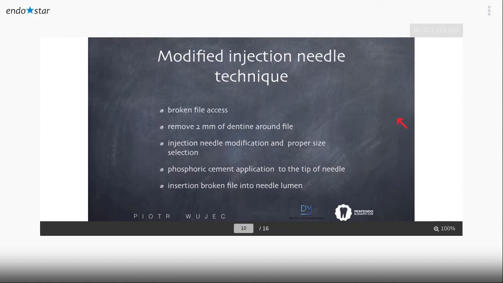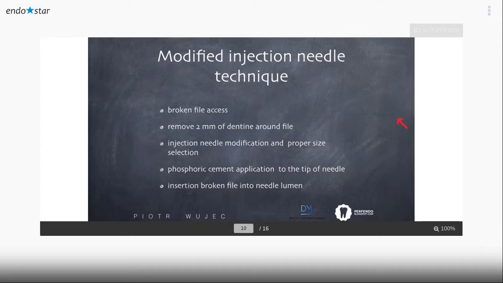We have plenty of variety in sizes: 0.5, 0.6, 0.7, 0.8, 0.9, etc. So we have a variety of possibilities, and we need to choose the smallest one possible to fit the broken instrument into the needle space. So it requires some